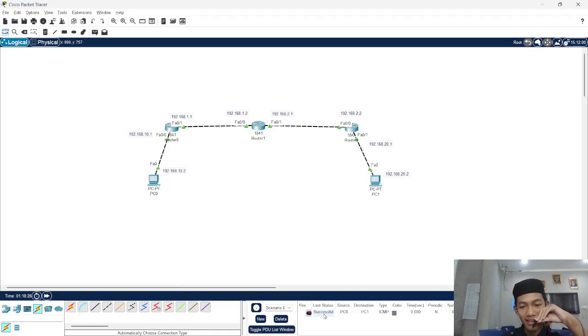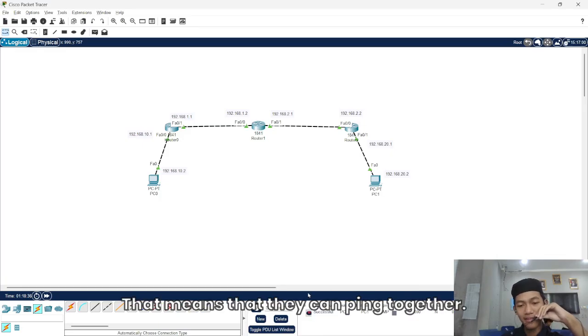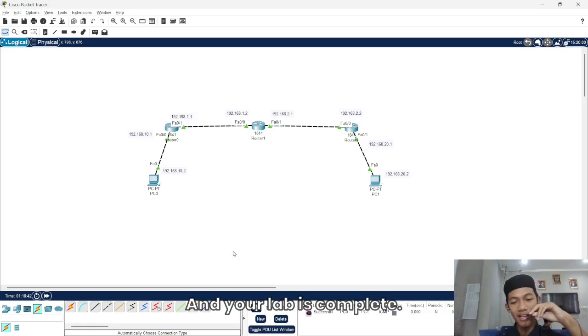In the bottom left, you must see a successful status. That means they can ping together and your lab is complete.